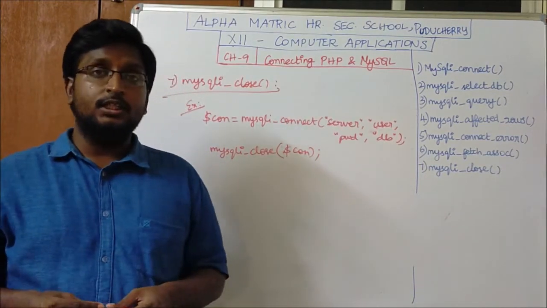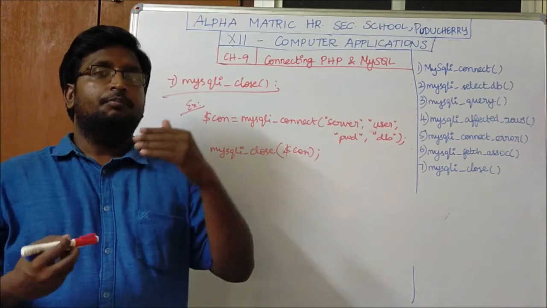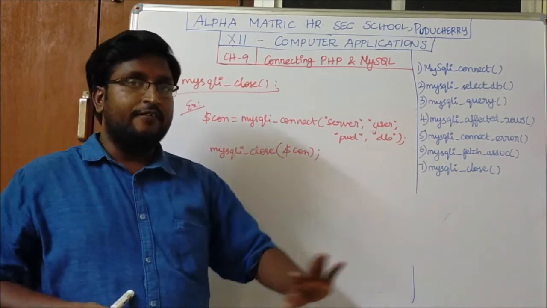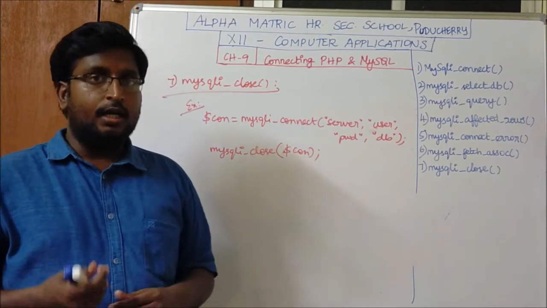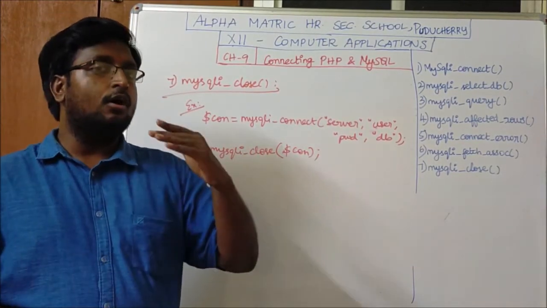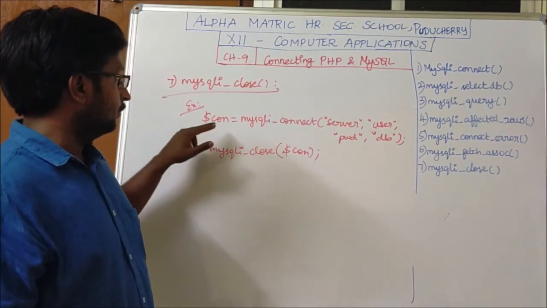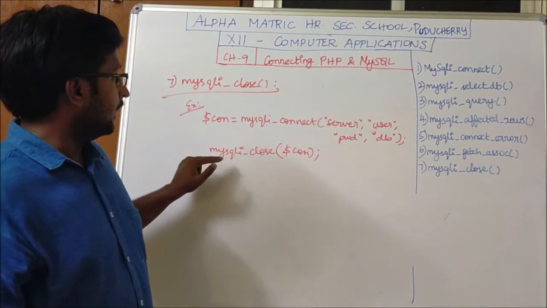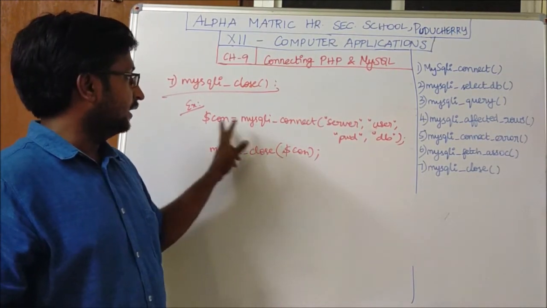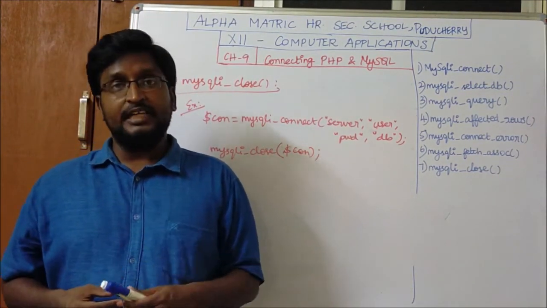And the last one is the MySQL close function. So we have manipulated the data and stored the data with the help of various functions available in MySQL. And last, we have to close the connection. After completing all the work in the database, we have to close the connection. It's just the connection variable, and in the next line MySQL close, and the connection variable must be given. So these are the various functions available in the MySQL.